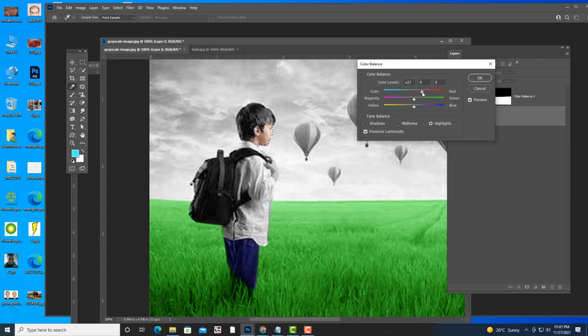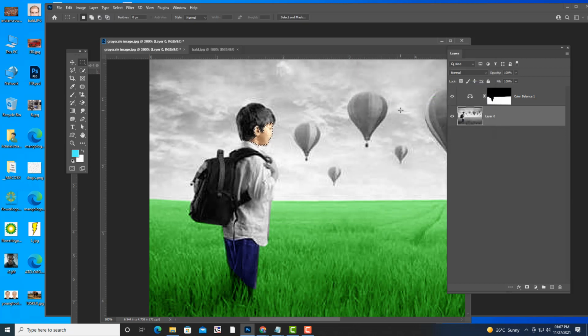And then I'm going to try to change it in the highlights also. See, like this, close to skin color. See, something like this. Okay, so like this we can try to get close to the skin color using adjustment. But I think blending mode is better for skin tones. For grass and plants we can use adjustment like that. You have to plan when you are trying to colorize a black and white image.